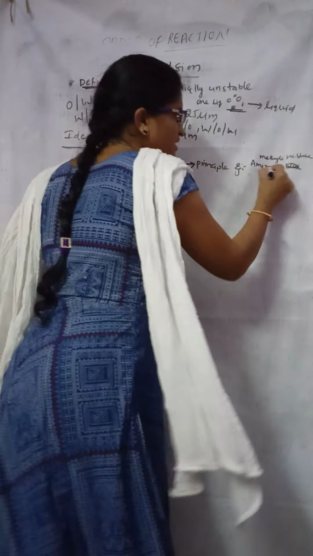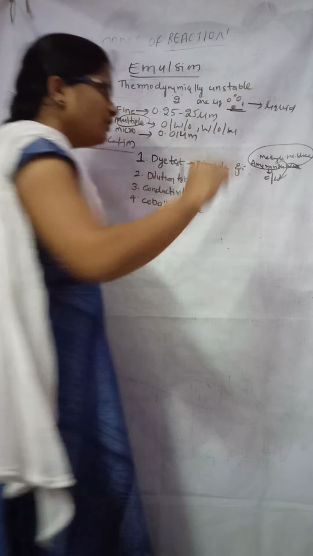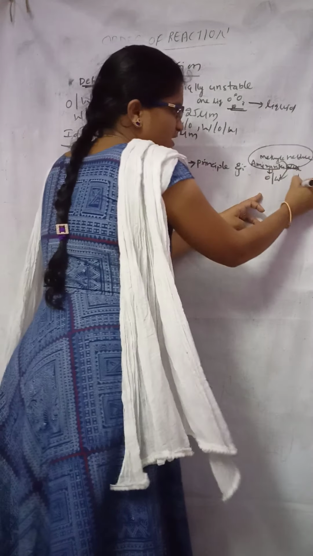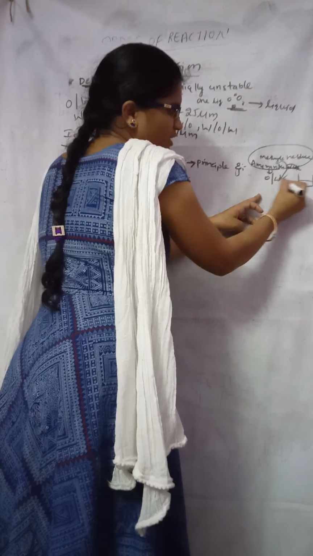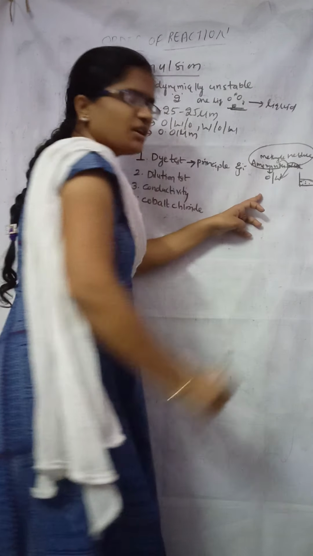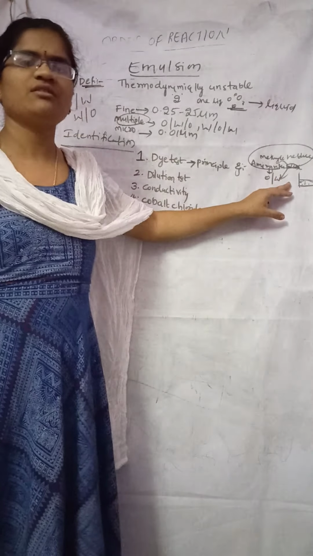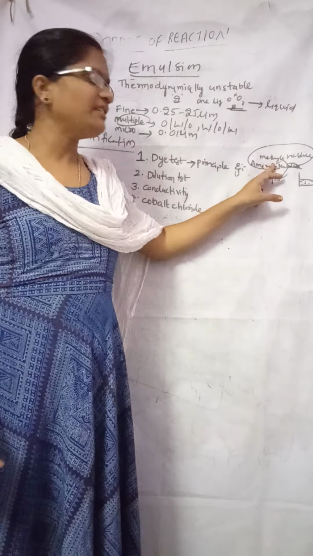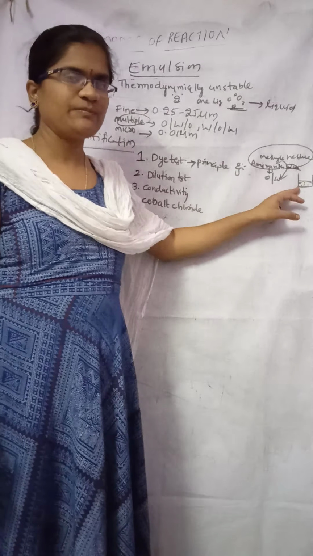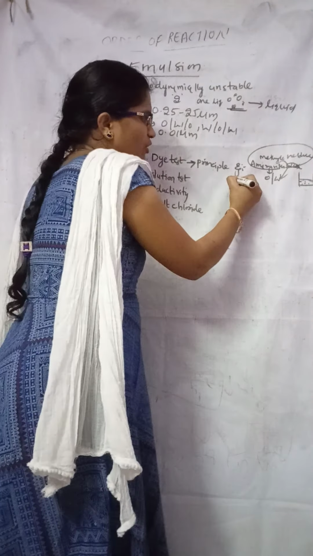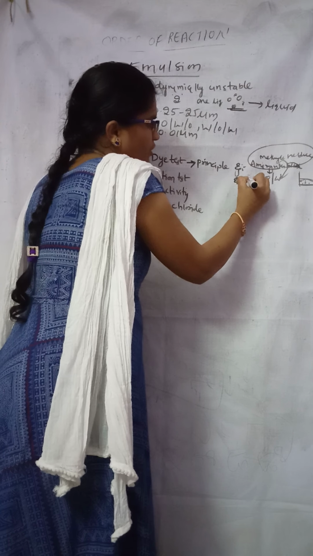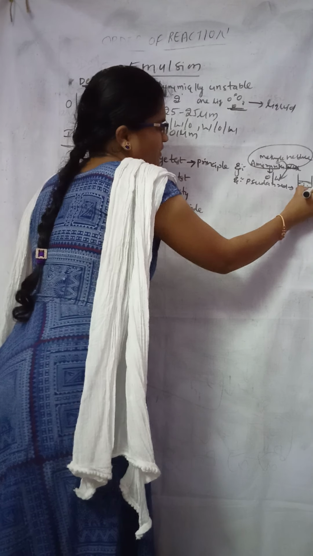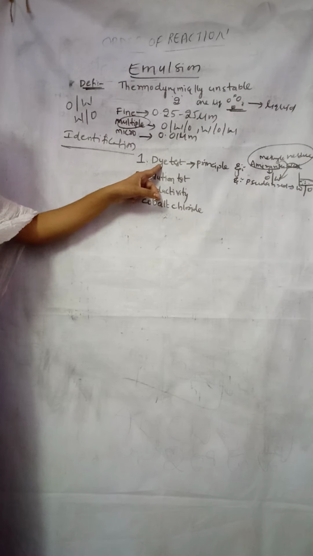Why? Because these two dyes are more soluble in water. So if you observe this emulsion, for example, imagine this emulsion is in this beaker. Here oil will be like globules and water will be the continuous phase. The continuous phase will be observed as more colored due to the solubilization of the dye. In this way you can say that it is an oil in water type. For the identification of water in oil, we are going to use Sudan red. So this is regarding the dye test.